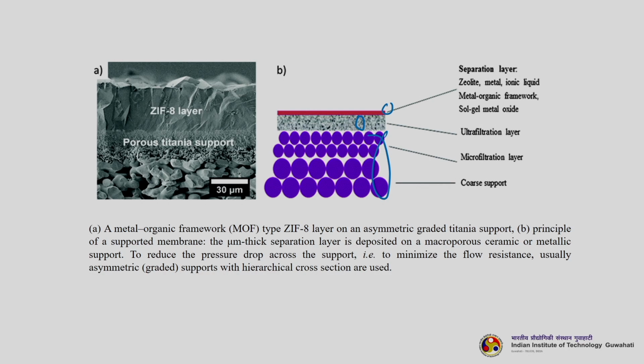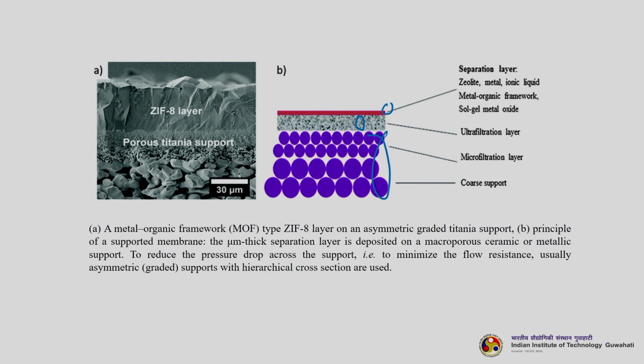I do not think that a composite membrane or an asymmetric membrane will always have only 2 layers. Mostly it can have 3 layers, it can have more than that also, but usually not more than 3 layers. So, in this particular application you can see the distinct layers. The first one is the separation layer, which is made by Sol-Gel methods. The second layer is a distinct ultrafiltration layer, and the third one, which is providing the support, is the microfiltration layer, and below that we have the titanium support, the coarse layer.